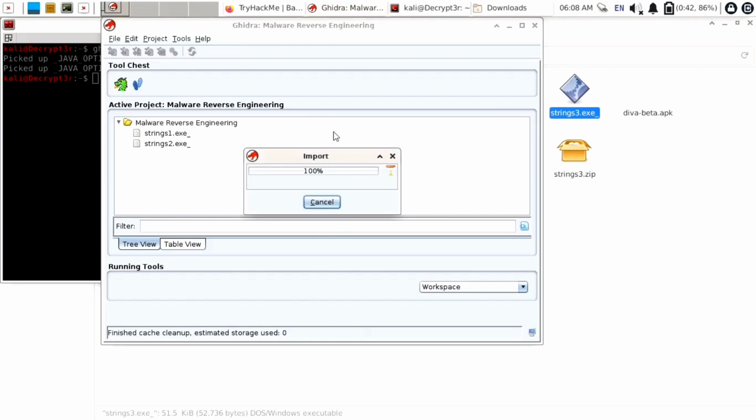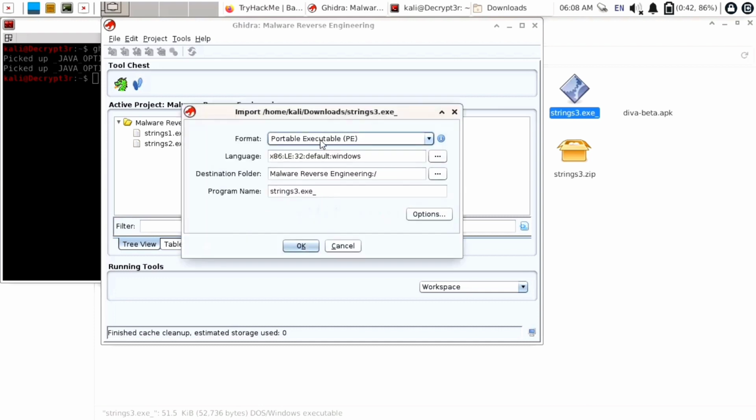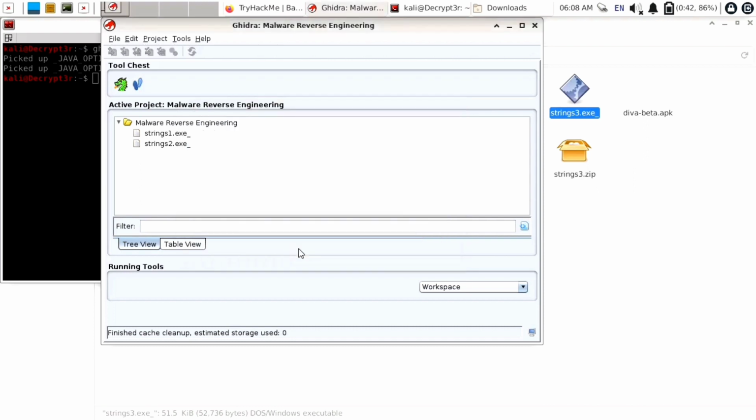Now it has started importing the string3.exe file. So just wait for some time and it is showing its format. It is a portable executable file with language x86 Windows. Our log file will be stored in the malware reverse engineering folder. Click on OK.